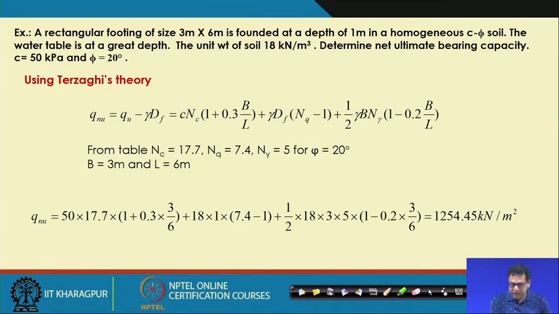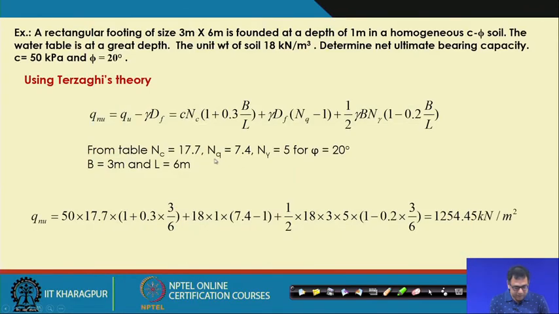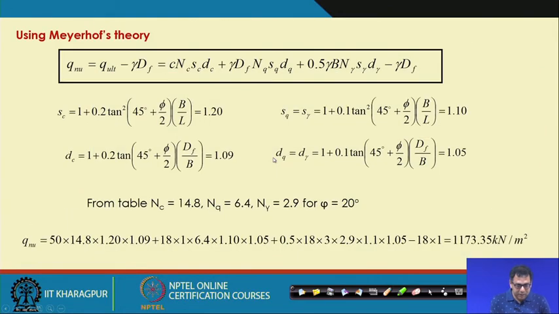So, you can use Terzaghi, the expression is the same, and I have discussed how I got these correction factors, and these are Nc, Nq, N gamma, and these are the correction factors for the rectangular footing. Similarly, this is the Terzaghi bearing capacity factor table, where for 20 degrees I am getting 17.7, 7.5 and 5. So, that is the value I am taking. Then for Meyerhof's theory, the same theory I am using here, and I have explained how I am using these factors from the table, and then I am getting this value.